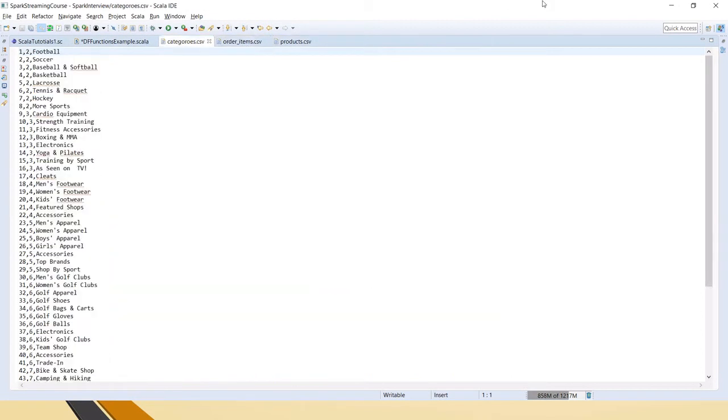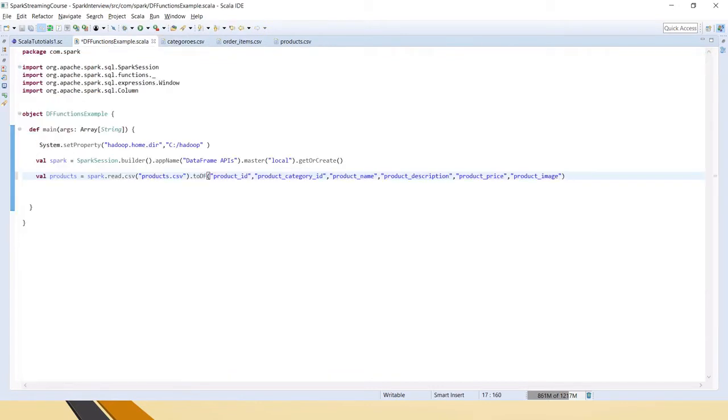None of the files has one. So for that reason we have to provide the toDF, so that instead of having _c0, _c1, the column names will be whatever we have given.